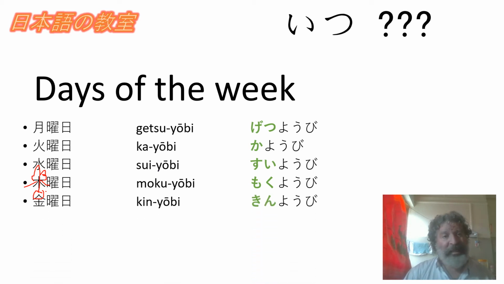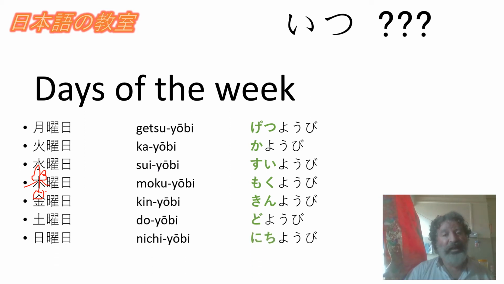Kinyobi. Kin is metal. Kinyobi. Doyobi. Do is earth. Okay. And finally, nichiyobi. Nichiyobi. The first kanji, right here,